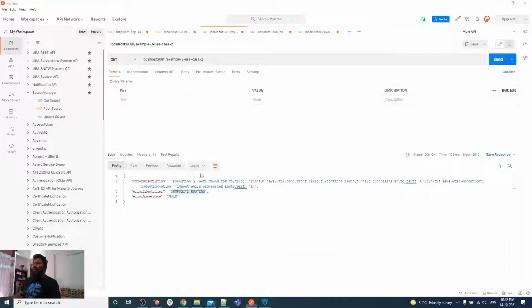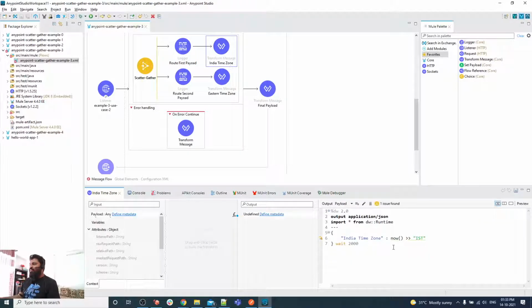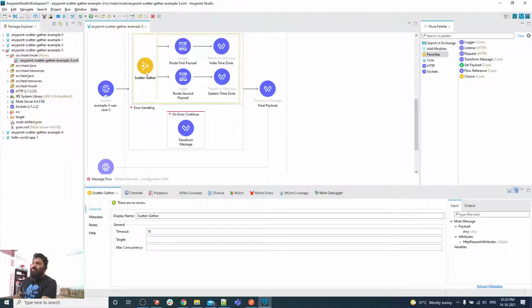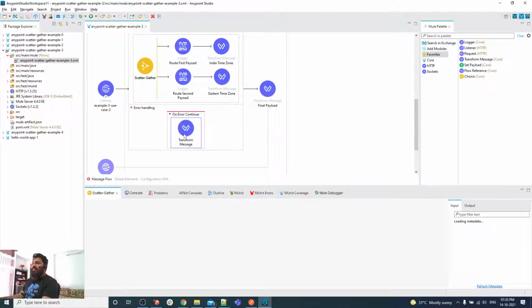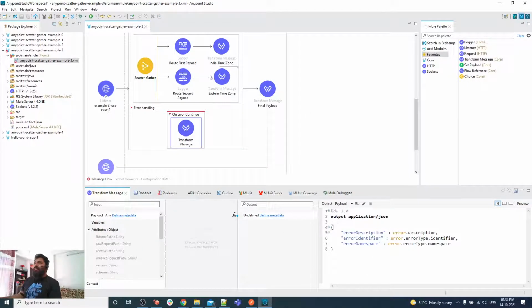That's why, and this payload I have written simply here, because the error is not thrown by this particular component, because here we don't have any error, but our scatter gather throws a timeout error, because the whole process is taking more than 10 milliseconds. That's why the scatter gather throws the error, and it is caught by this one, and here we have constructed the error response, and we have simply returned it to the consumer.